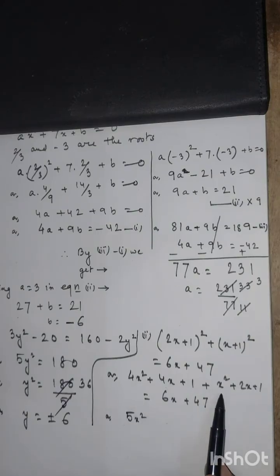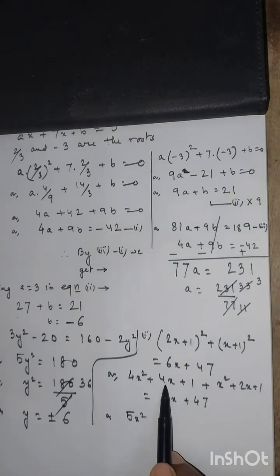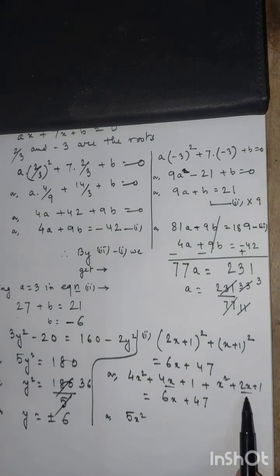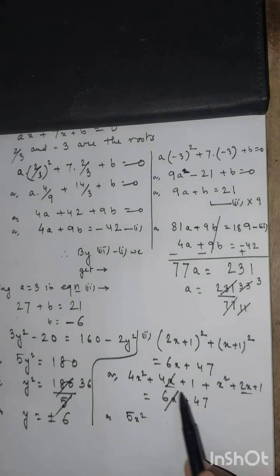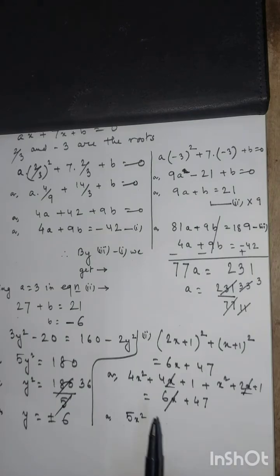Four x square plus x square, 5x square. 4x square plus 4x plus 2x, 6x, and we can see another plus 6x to the right side, so we can cancel this 6x with this 6x. So 5x square